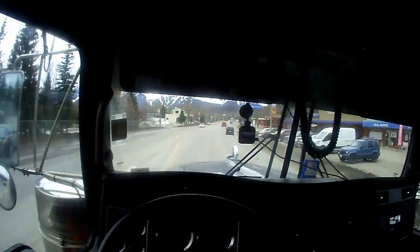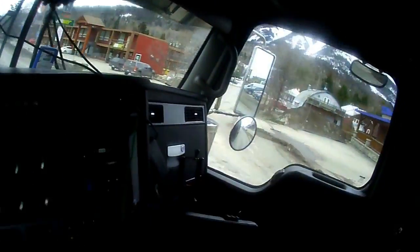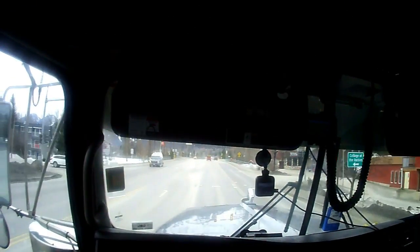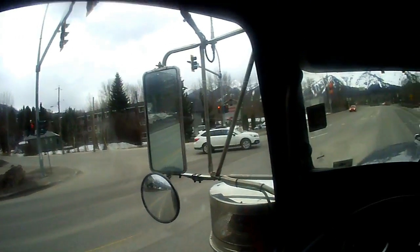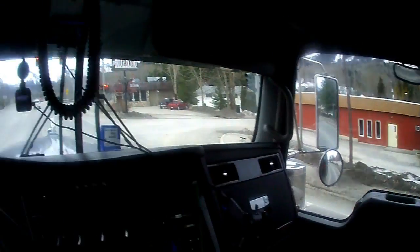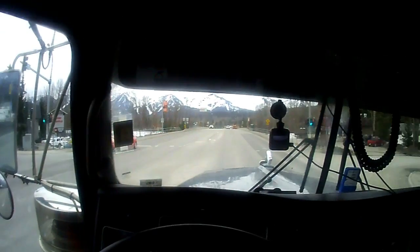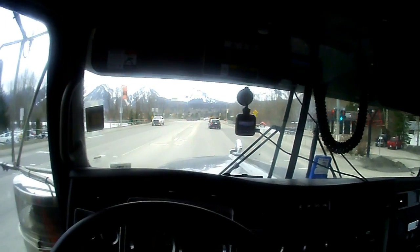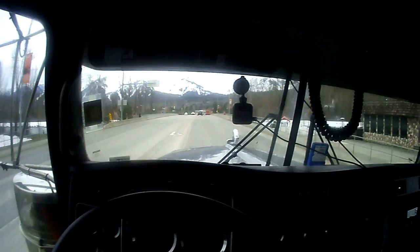Just going through Fernie, BC here. Fernie, BC. It's got kind of a charm to it, doesn't it? Surrounded by mountains, rivers for fishing. It's got a red light. Fernie, BC. Be a nice place to vacation, I think, maybe. Do some fishing, some hiking, maybe do some skiing, although I don't know if there's any ski resorts around here. But